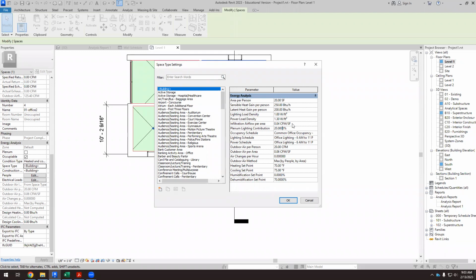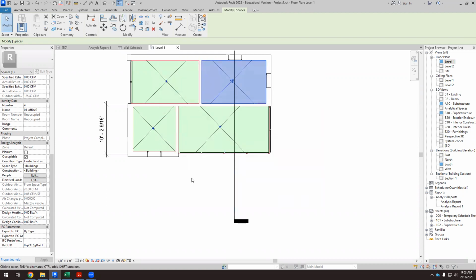Okay, so we have that value. This is the value that we have by default in Revit. The problem is that the infiltration, it's always in air changes per hour. Okay, so I will explain that later again,